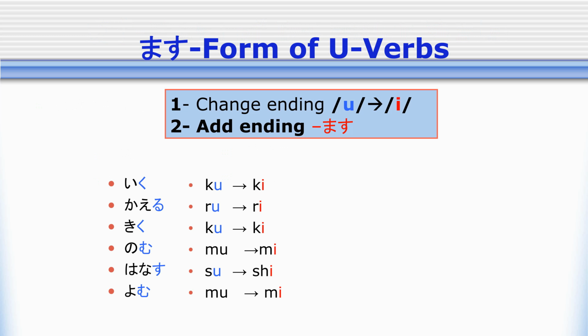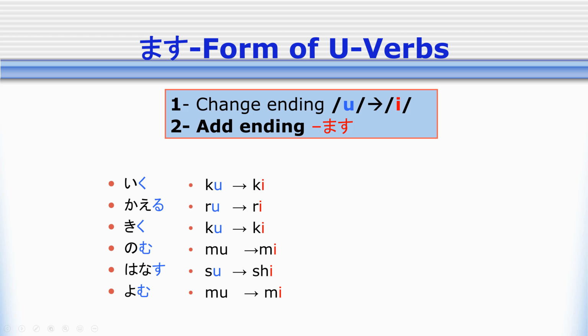Last comes our u verbs. These are a little bit trickier, but the pattern is still pretty basic. So this is a little bit easier to picture in Romaji than it is to picture in katakana or hiragana. So I wrote this out in Romaji for us to look at. So we have iku, it ends with ku, like the consonant is k and the vowel is u. So when we change a u verb to mas form, what we want to do is get rid of this vowel u and replace it with the vowel i. So all of our different forms of u verbs will involve changing the vowel that is the last vowel in the word. So instead of iku, we change to